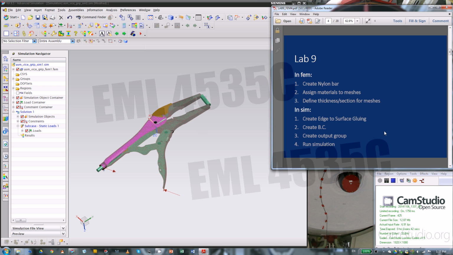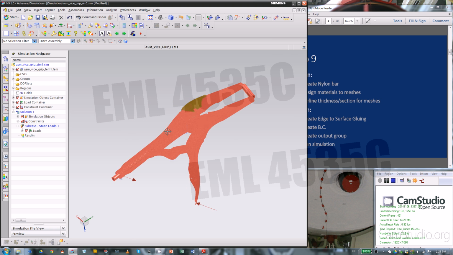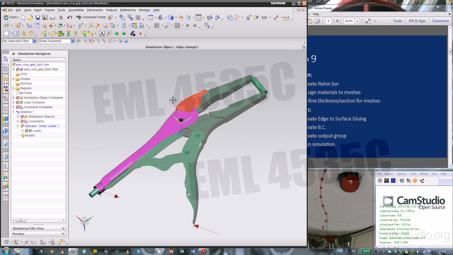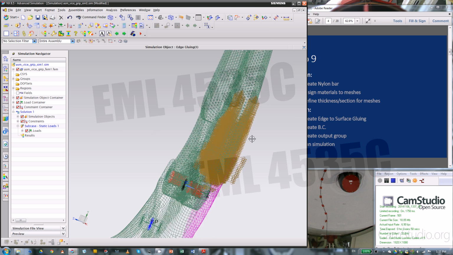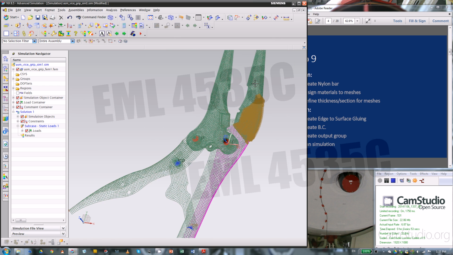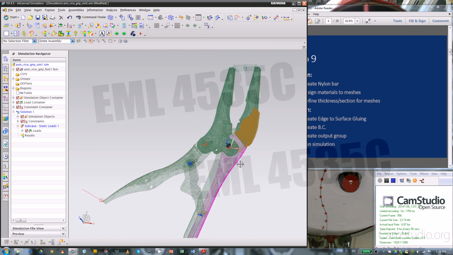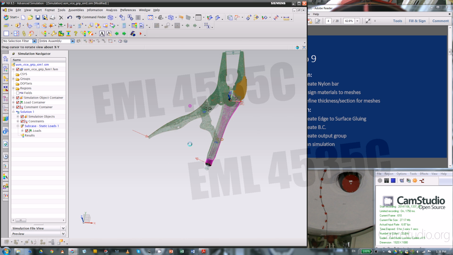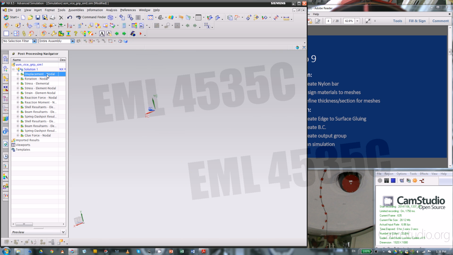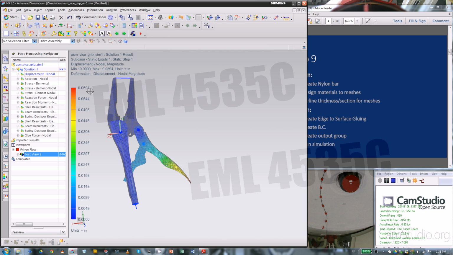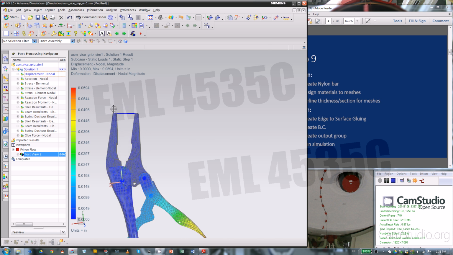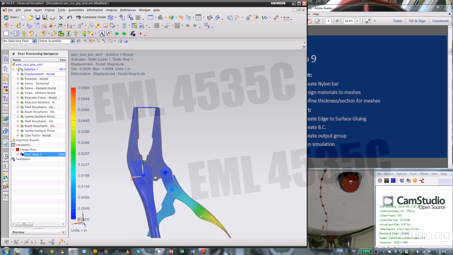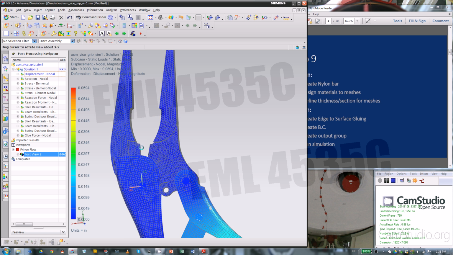Okay, so this is what you're gonna get eventually. You should have those are the gluings between the solid mesh to the 2D shell. Then we have inserted a nylon bar and the forces, and that's the results. So it's okay if you have your results within 10% of mine. That means it's good. Really, that depends on the gluing, how you pick, how much surface you pick, and also